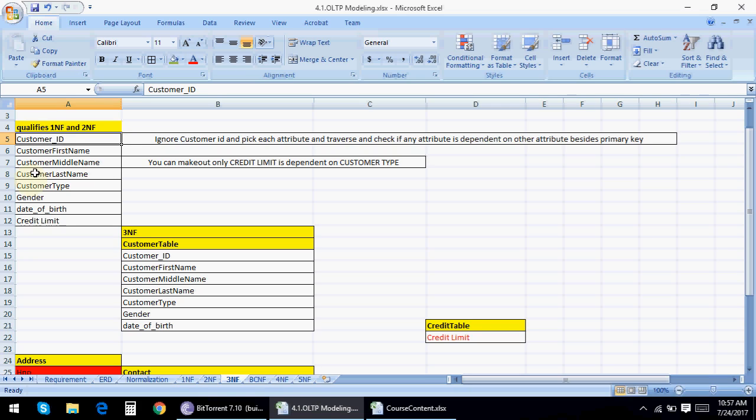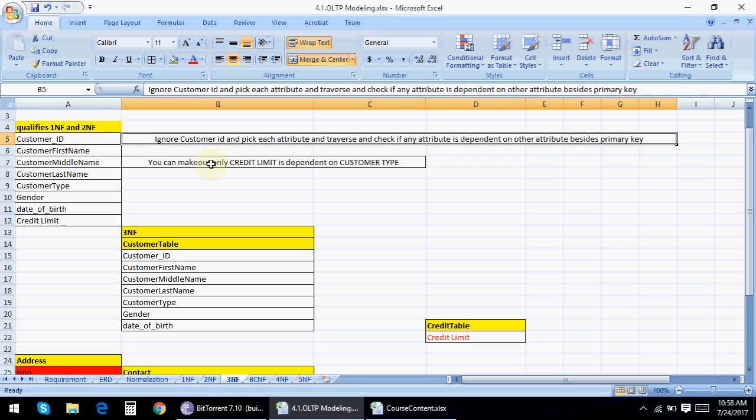So we can traverse, just ignore customer ID. I have written the rule here, just a cheat code. Ignore customer ID, pick each attribute, traverse, and check if any attribute is dependent on another attribute besides the primary key.